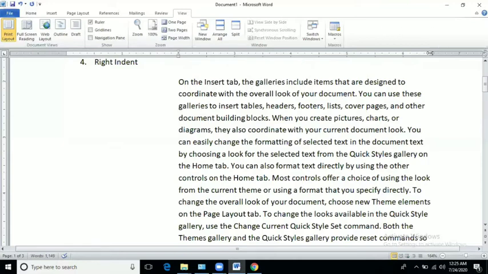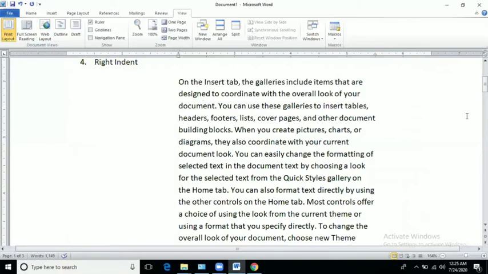And right indent, you can see here, at present it is 6.5. After that, no text is here. If you want, this paragraph can reach a maximum of 5.5.